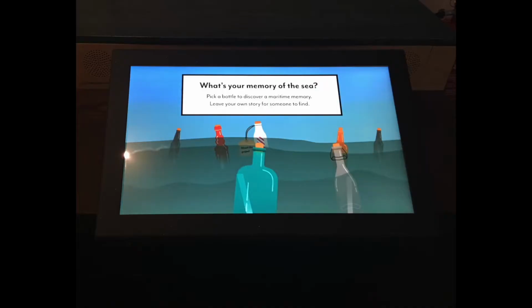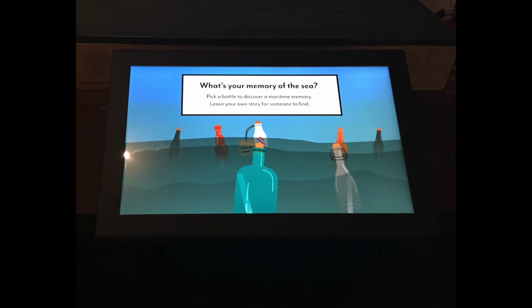I wanted to show you a few examples, one digital, one non-digital. They're both very simple, but very effective because they're very specific in their approach. The first one is a digital interactive. You can see a touchscreen in front of you, and there is a question there, and it's very specific in the sense that it's asking about your memories, not a memory or a specific person's memory, but yours specifically.